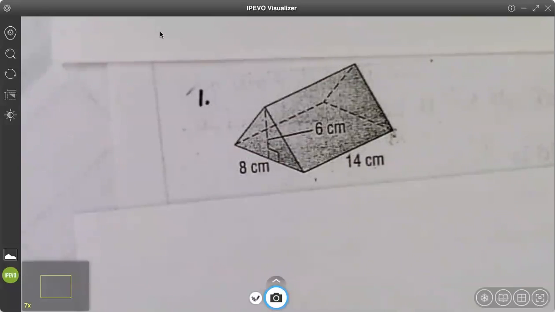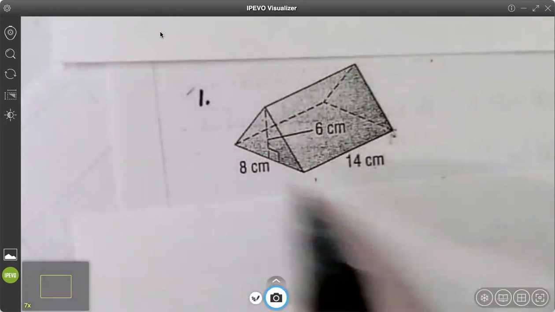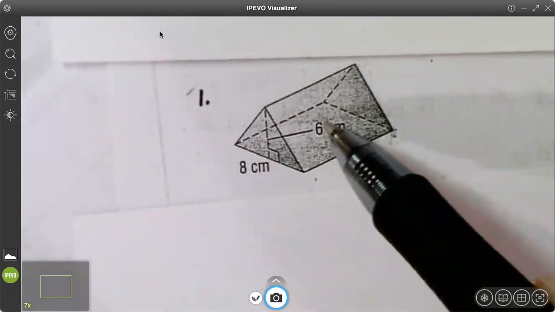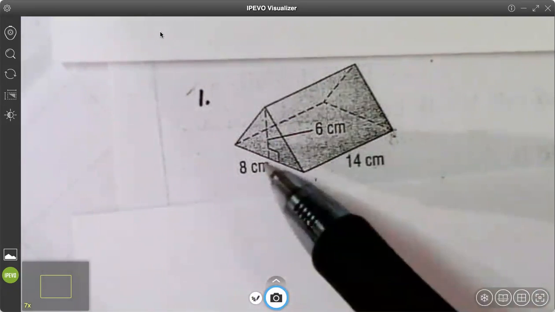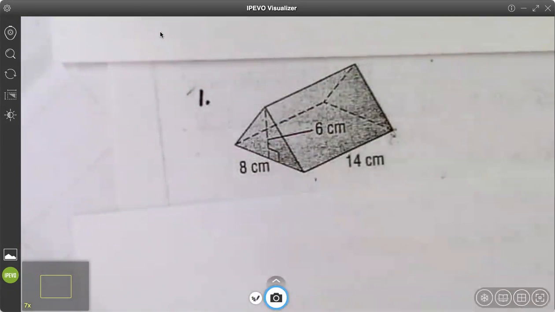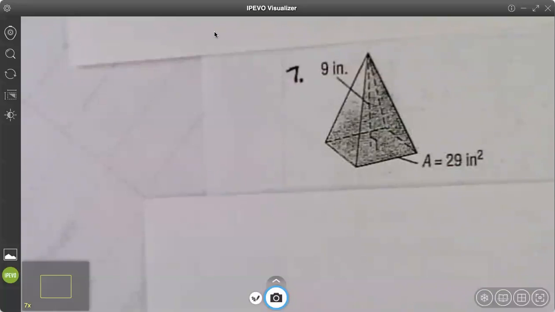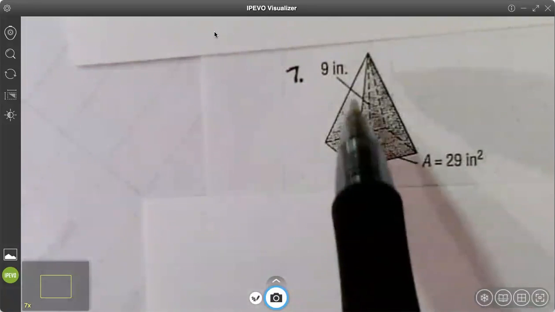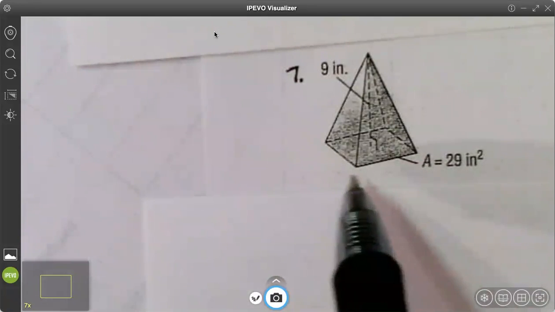One more thing I want to talk about briefly is surface area. If you had to get the surface area of this triangular prism, you would have to get the area of 3 different rectangles, the area of 2 different triangles, and add those 5 faces together to get the surface area of the entire prism. If you had to get the surface area for this one, this rectangular pyramid, you would have to get the area of that